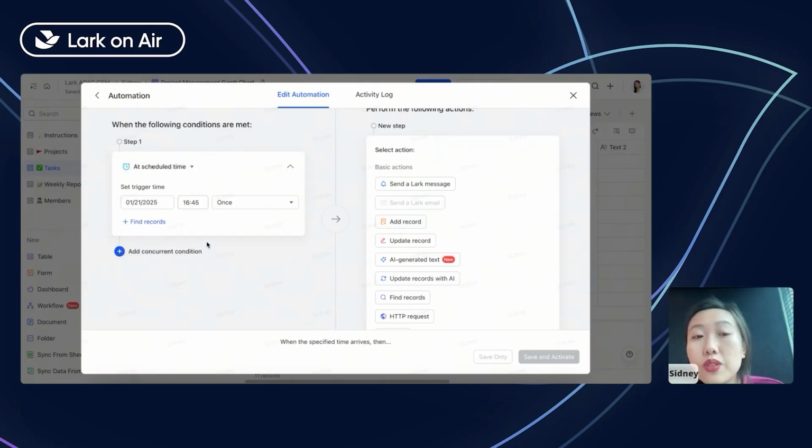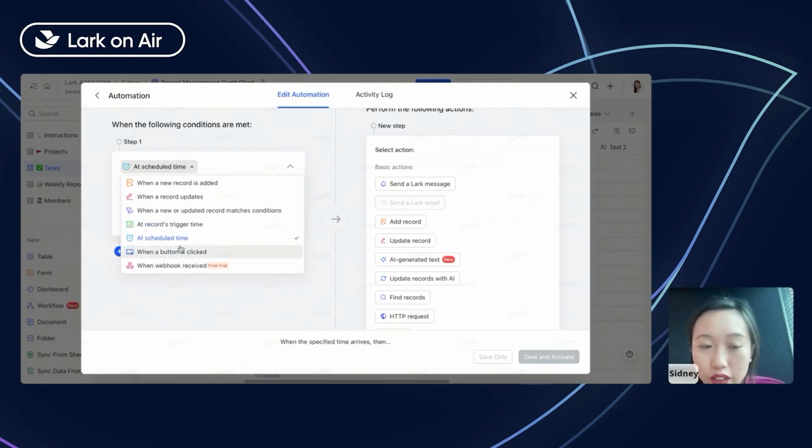And also you can do this scheduled time. That is to say, I know I have a dashboard and I want this to be sent to me every Friday so I can see the progress that my team members have made so far. In these circumstances, you're going to choose add schedule time. And these two are less